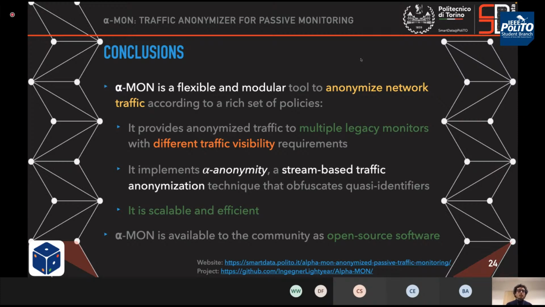And today, actually, we are analyzing all the information that comes from α-Mon. So we are really happy that in this way, we are obtaining information about the traffic without violating the privacy of the users that